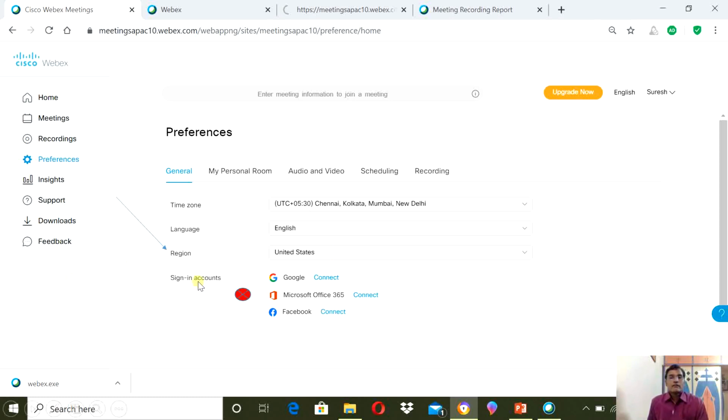Then sign-in accounts are very important. Do not connect to the WebEx with your other accounts, because that is not required absolutely. What happens if you connect it? It means the WebEx can access all the information related to Google account, or all the access of Microsoft account, or all the access of Facebook.